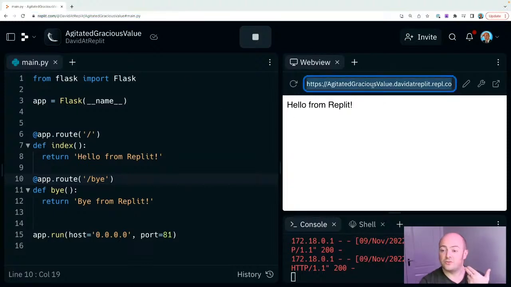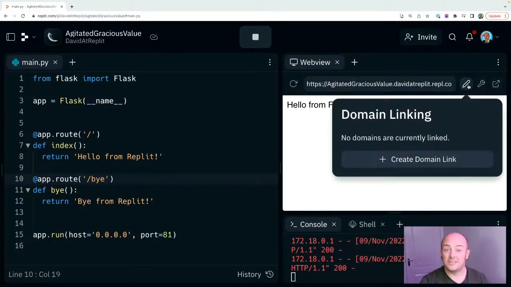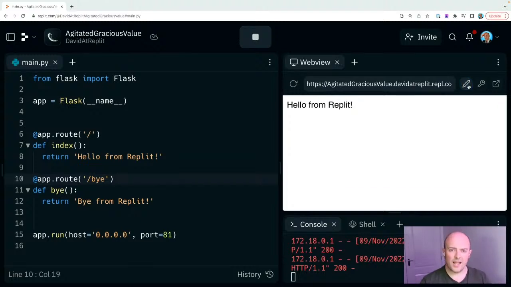You would give the actual website URL, so the repl.co domain. And of course, we can connect this if we want to a custom domain, so you can link it to a domain you've purchased elsewhere. And you can really go to town with this, which is great because if you are sharing your website address, one of the nice things that's happening on top of that then is that